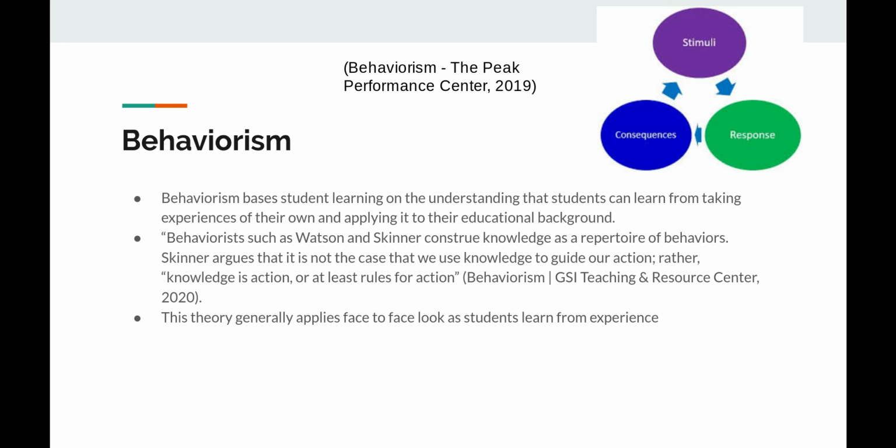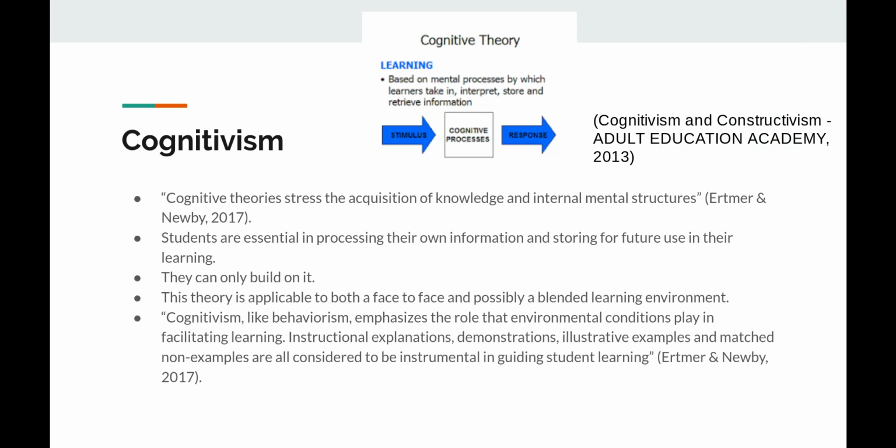Behaviorism, guys, is basically understanding how a student takes their personal experiences from the past and applies them to the future. They're going to take it from, like, particularly Watson and Skinner here. They're going to take their knowledge, what they have, apply it to other stuff, misconstrue it, move it around, and try to build on it. That is the key for them learning. It generally applies face-to-face most of the time because you want them to see what they're doing. You also, as a teacher, want to see how they're building on that early experience.